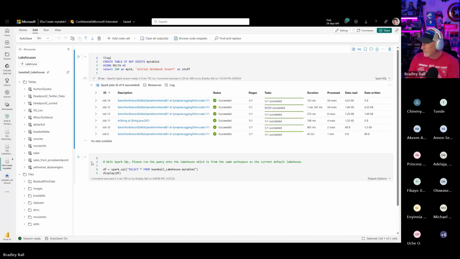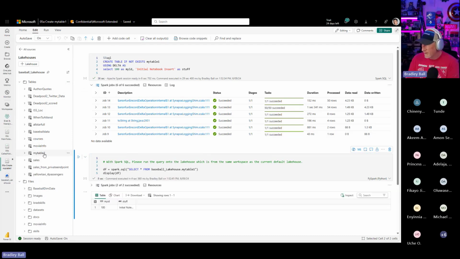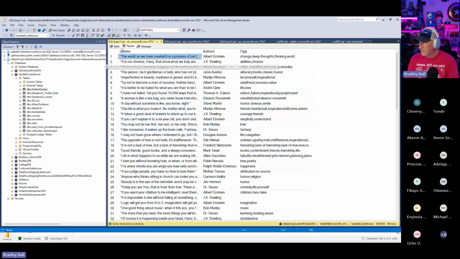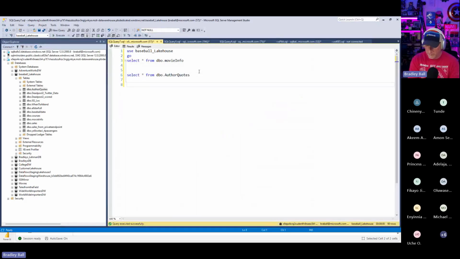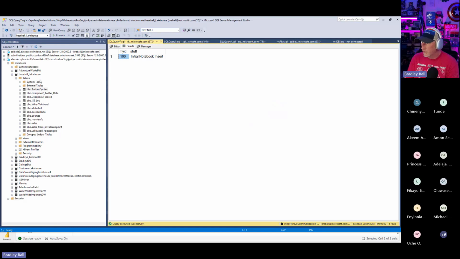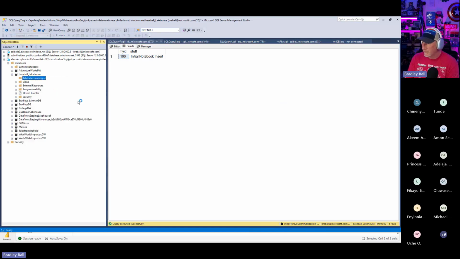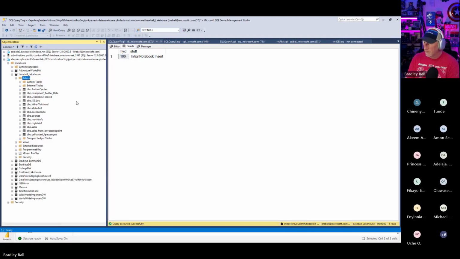All right. It looks like it's done. I'm going to go ahead and refresh this as this is running. And I can see there's my table 1, and there are the values. Let's come over here and see if I can do the same thing. Yep, and we've got the notebook and initial insert. I'll refresh there so we can get that table. There we go, my table 1.